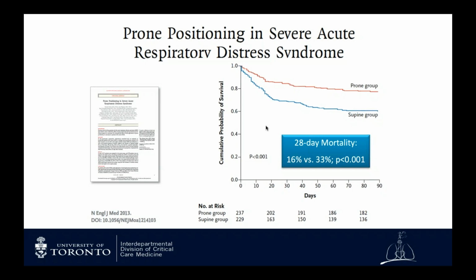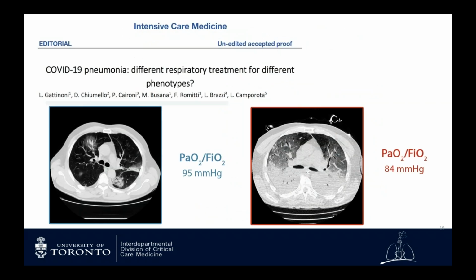And another key area of investigation over the years is that it's been well documented that when you put patients with severe ARDS onto their stomachs and ventilate them keeping them in the prone position for 16 to 18 hours a day, that recruits basal lung units, spreads pleural pressures more homogeneously across the lung, and actually also results in significant reductions in mortality. So that's what we know already through 20 or 30 years of ARDS research.